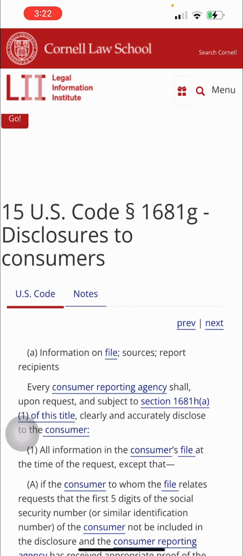And that's why it's very important when it comes to your disputes to speak on these subsections, because you have the right to request all the information in your file, information that should have already been there. So if you are sending letters and they are not responding to your request, it's probably because the description of the investigation procedure is not attached to your file.